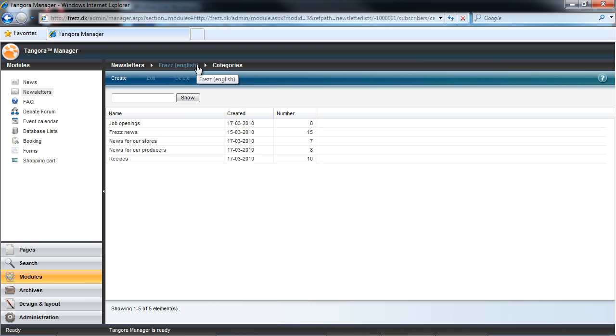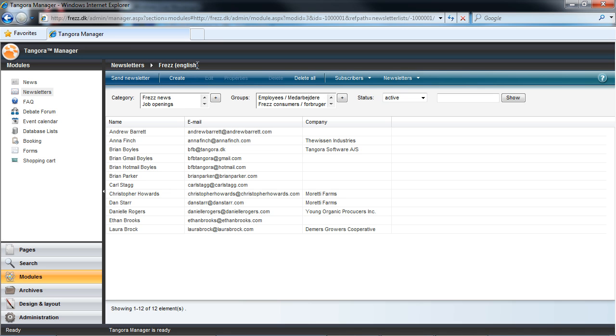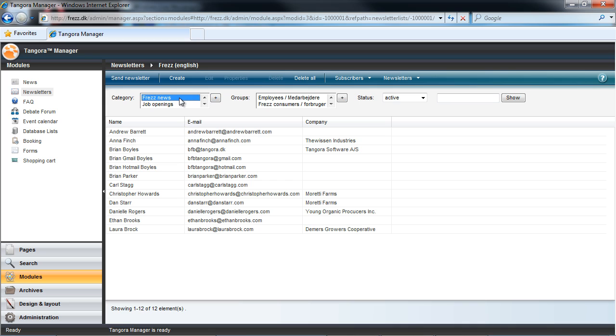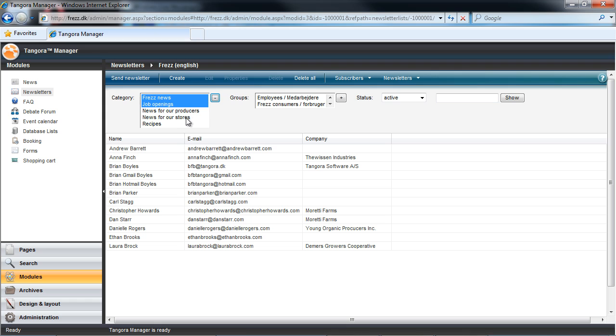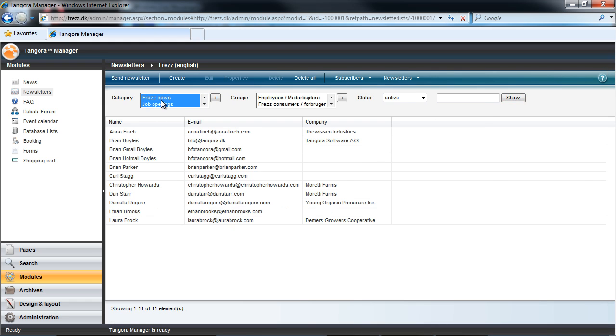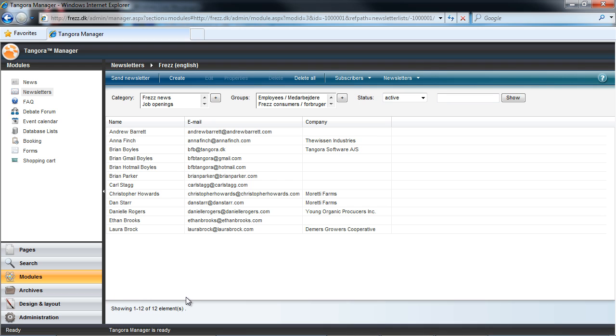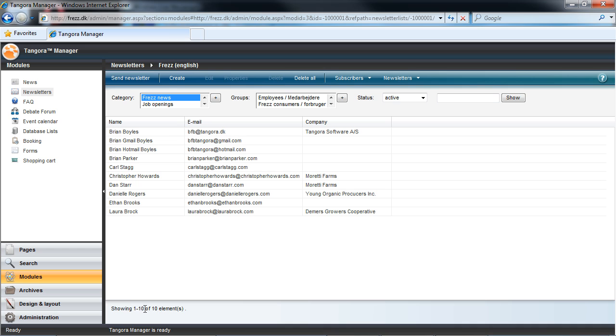I'm going to hop back to the overview of subscribers that I'm navigating with the help of the breadcrumb path up here, and I'd like to point out that the category selector in the upper right hand corner is available here. And we can expand and collapse the view with the plus/minus button, and we could choose a given category or several categories by control clicking, and in this way we'll narrow down which subscribers are shown in our overview. We could see, for example, that there's a status here where there are 12 subscribers in this list when I have no categories chosen. And were I to choose the Frez News category, we can see we just have 10.